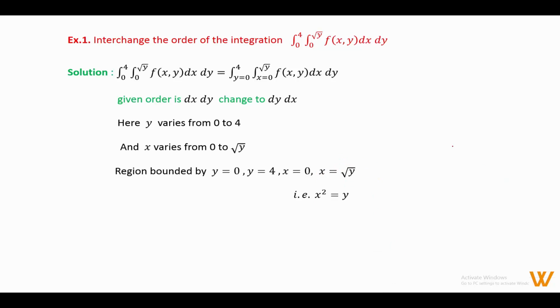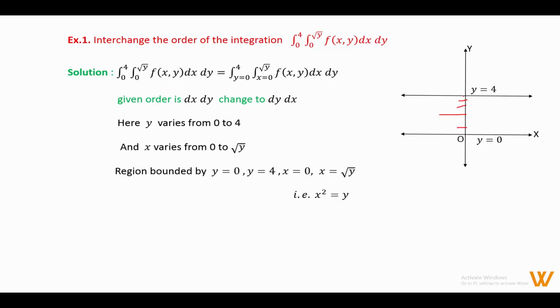Draw the diagram: x-axis, y-axis and origin. This point is the origin, this line is the x-axis, this line is the y-axis. The equation of the x-axis is y equal to 0. First line y equal to 0. Second line y equal to 4, a line parallel to the x-axis. On the y-axis this point is 1, then 2, 3, and draw here 4. This line is y equal to 4.